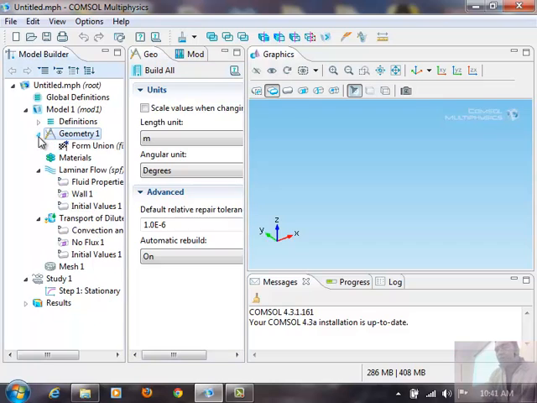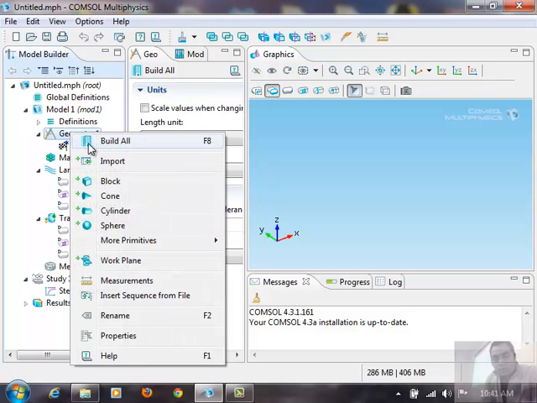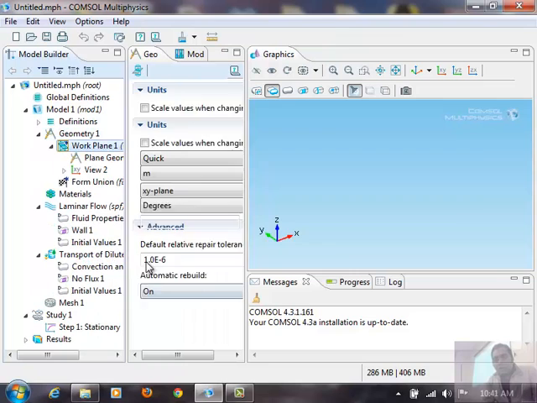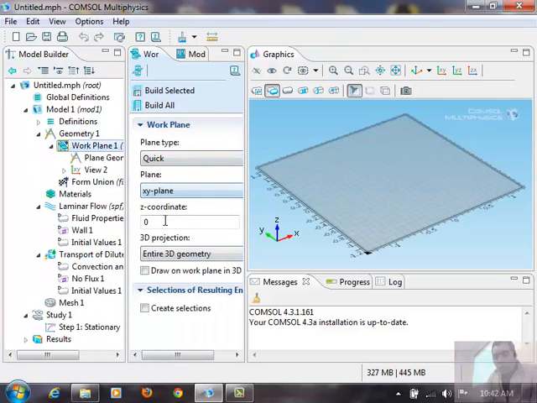Now last time we looked at 2D curved microchannel geometry, so I am just going to import that in a 2D work plane, and then we can just extrude it to make it 3D. So for any model where you want to go from 2D to 3D, you can follow a similar procedure, and all of these primitives, pre-built shapes are here, which you can use. So click on the work plane. Here you can define any plane. So let's just go with this default plane, and if I just say build selected, and then in this plane